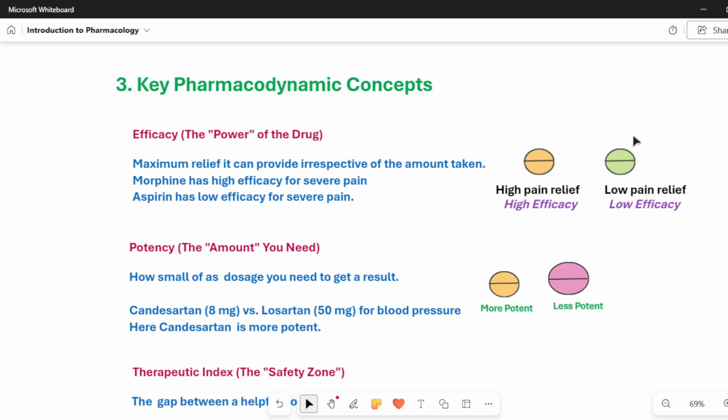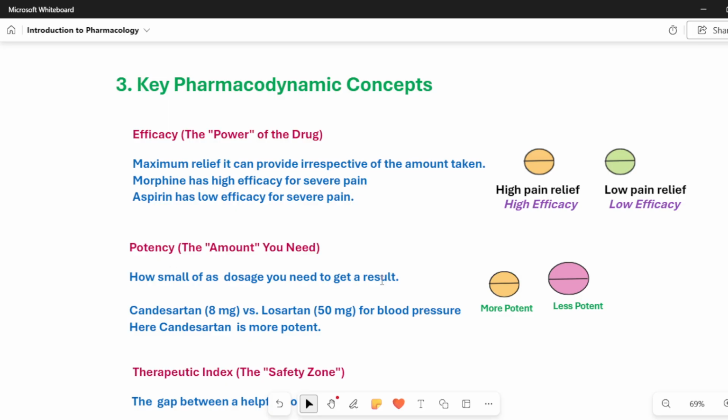That is the maximum amount of pain it can reduce, not more than that. That is what determines your efficacy. With the same dose or multiple doses, it can't cross that maximum. So that is called high efficacy and low efficacy of the drug.